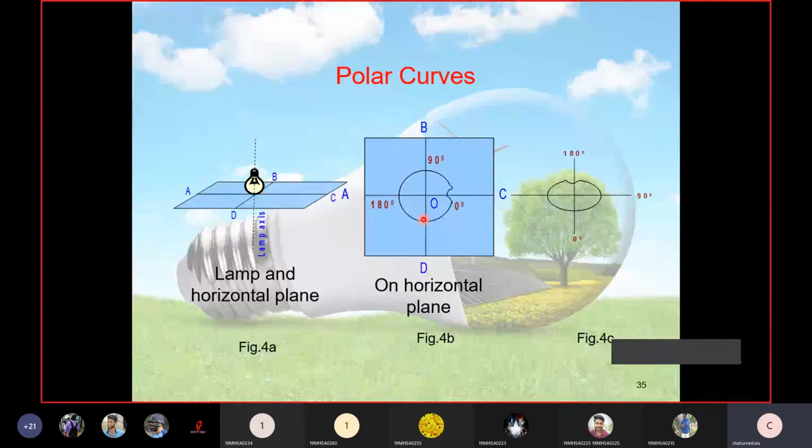Now see the polar curve in the vertical plane. This is going to be the polar graph in your vertical plane. In the vertical plane, you can see there is a drop at 180 degrees. Here you have seen the smallest variation in the 0 degree case, and here you can see it in the plane of 180 degrees. This means that from the vertical view you will see the lamp holder. Because of the presence of this lamp holder, there is a variation in the luminous intensity.